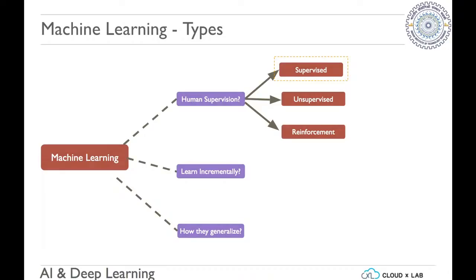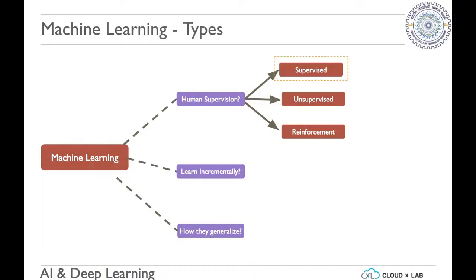So machine learning is of three types if we categorize based on whether it requires human supervision or not. One is called supervised, the other is unsupervised, and reinforcement. Keep in mind that reinforcement is a type of supervised. I'll describe it soon. Machine learning, categorized based on whether it requires human supervision or not, is basically of three types: